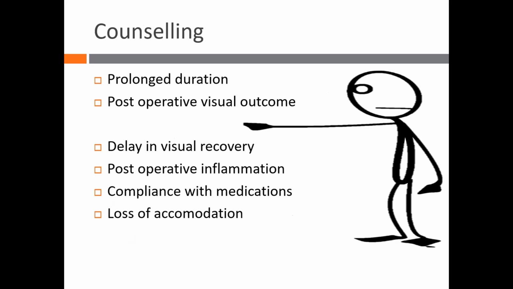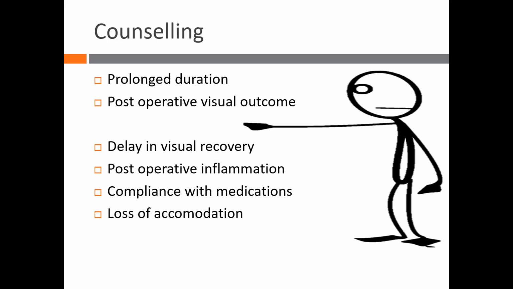And one more thing you have to explain in detail is that the surgery is for cataract and it is not the management of uveitis. The general thing the patient thinks is that once the surgery is over, they are free of uveitis. No, tell them in detail that it's for cataract and they have to continue their uveitis medications postoperatively. And last but not least, patients with Fuchs uveitis, tell them that placing a monofocal IOL will cause loss of accommodation. They don't want to get it as a surprise postoperatively.